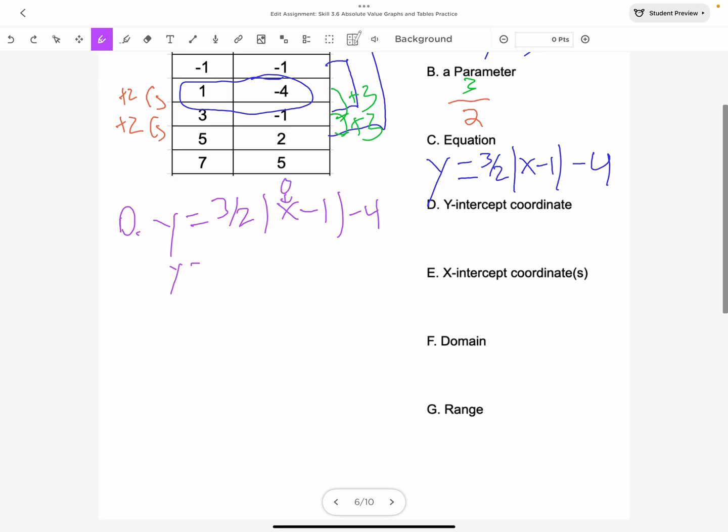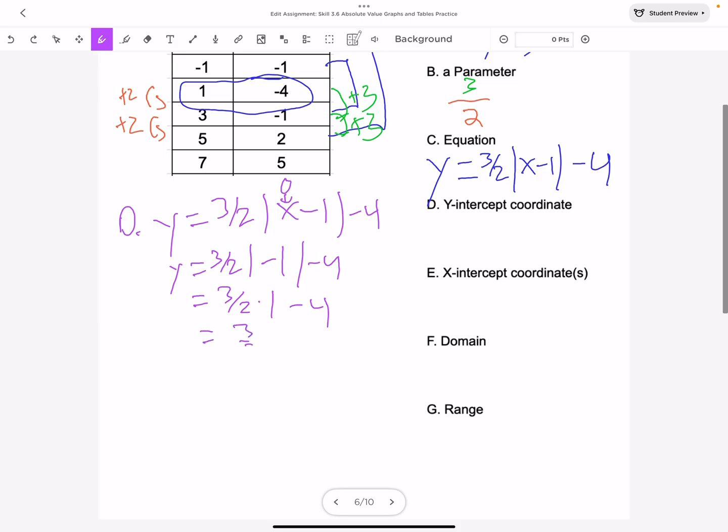So y is equal to 3/2 times the absolute value of 0 minus 1, minus 4, which just becomes negative, right? 0 minus 1 is just -1, which is equal to 3/2 times 1 minus 4, because the absolute value of -1 turns it positive,